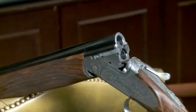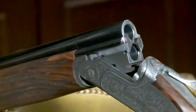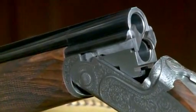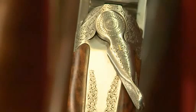Well, the idea really behind it was to bring William Evans into current times. The over and under, as I think we've all established now, is very, very popular. It's almost more popular than the side-by-side out in the field these days. So being able to produce an over and under that was slightly more affordable to the mass market really appealed to us. But really what we were looking for was